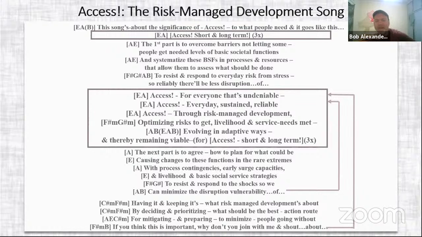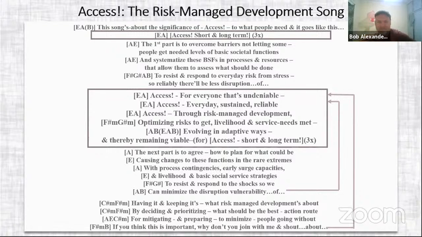Having it and keeping it's what risk managed development's about. By deciding and prioritizing what should be the best action route for mitigating and preparing to minimize people going without. If you think this is important, why don't you join with me and shout